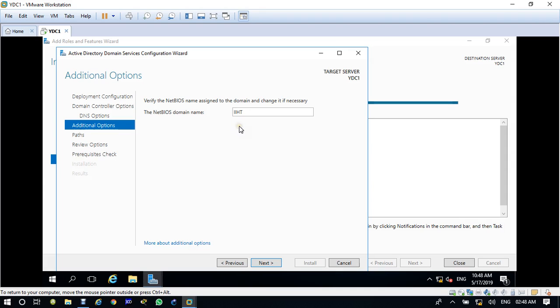So this is default only for Microsoft services. You will not find NetBIOS in other systems like Linux, Sun Solaris, Apple, Macintosh. You will not find those services. So here you get the NetBIOS name only with Microsoft. This is default, you don't need to change anything. Just click on next.